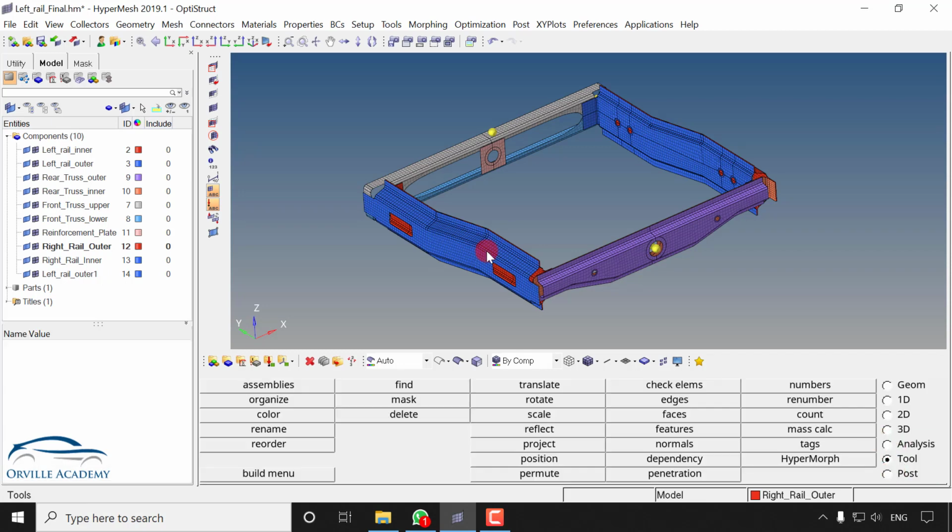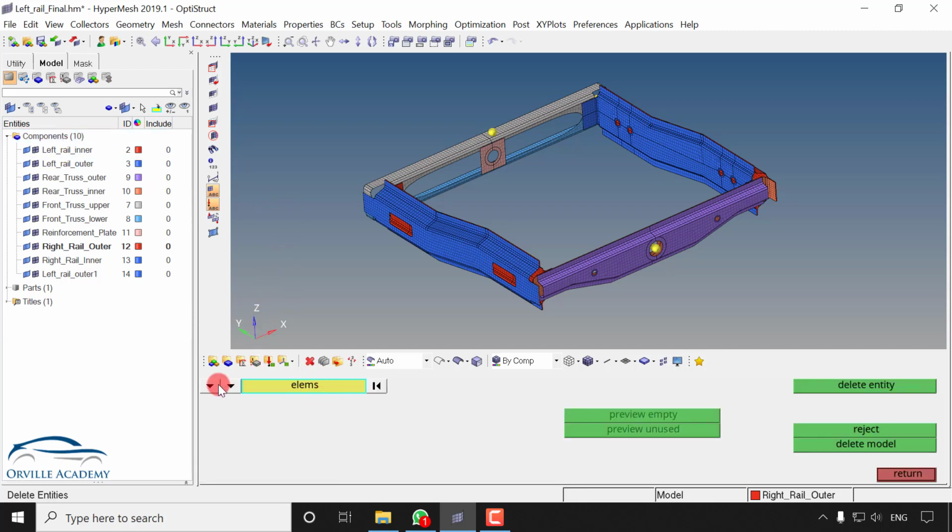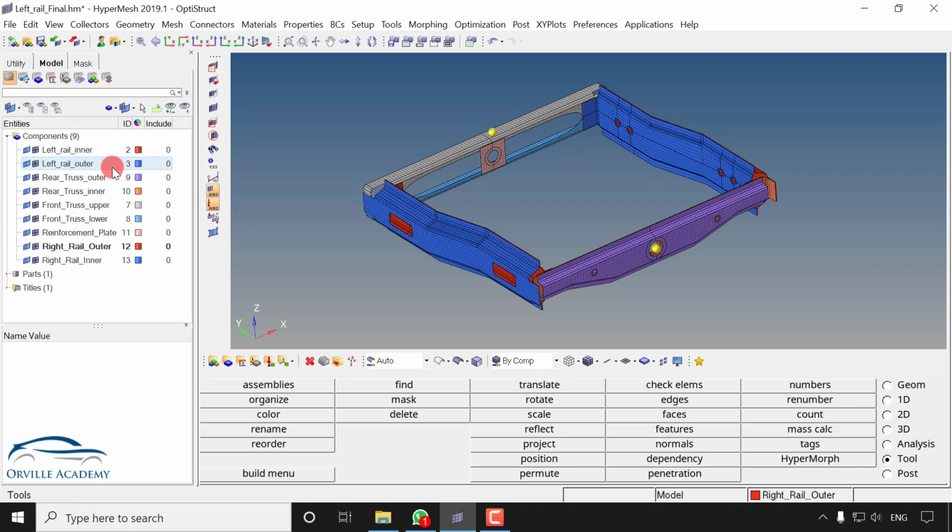If you carefully observe, in the graphics display I have total 9 components. But in the component window I have 10 components. That means one component has been created extra. And we don't want an extra component in our model. So now to delete the extra component I can go for F2. Here instead of elements I will go for components. And one beautiful option is there, that is preview empty. So the component which is empty will be selected automatically. As you can see, one entity is empty and I can simply delete this entity. And let me say return. Now you can see I have the 9 components.